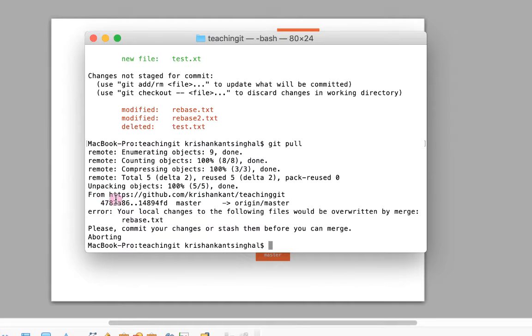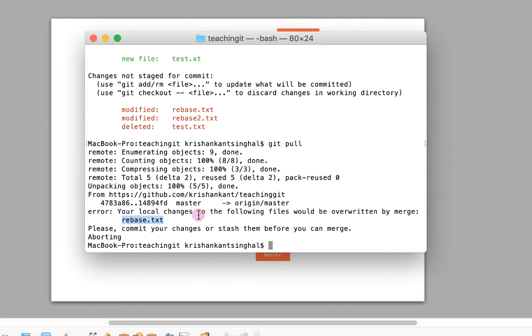When I did the git pull command, it fetched the changes and tried to merge, but Git gave me an error: your local changes to the following files would be overwritten by the merge, and it gives the file name rebase.txt. On the remote, someone has made changes in the rebase.txt file and I have changes in rebase.txt as well on my local.